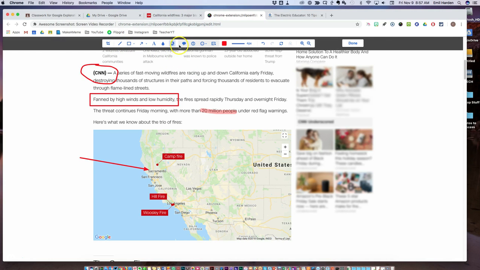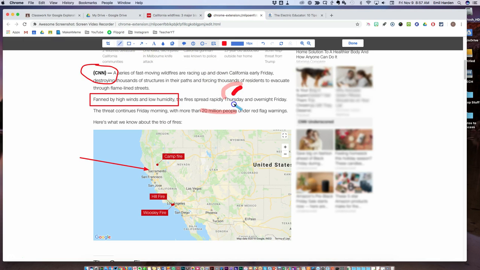If you see on the annotation bar, there are 4 tools with a slight gray background. Those are premium features. You have to pay for those, which I don't. These are enough for me. But you can change the color of your annotation. You can change how thick or thin these lines are so that you can make really thick,